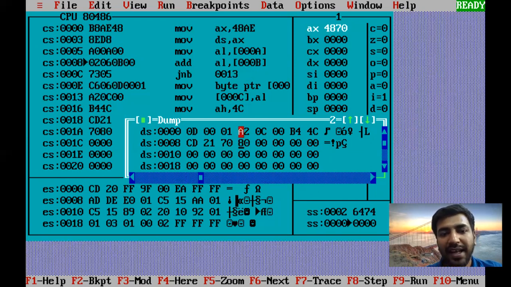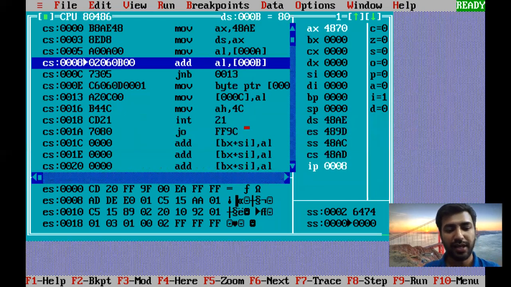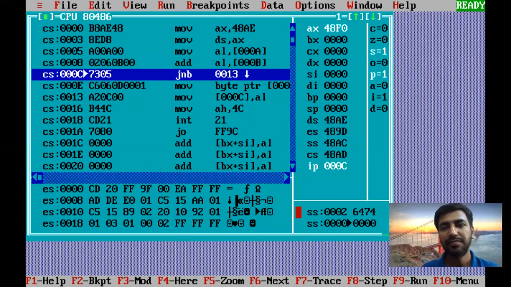So when I run the program, the assembler has assigned the variables num1 and num2 here. Already the assembler has assigned these addresses, which are A and B. Again we'll go with F7.